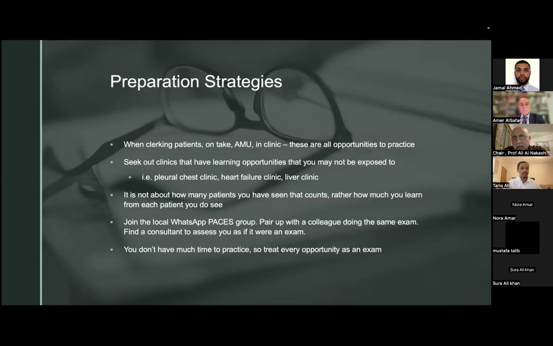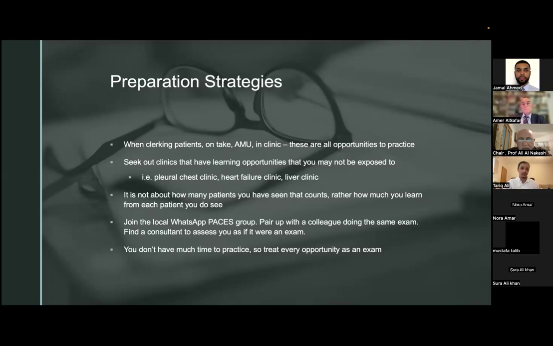And what I would say is that a lot of people take PACES as an opportunity to say, I have seen so and so many patients, and I've struggled to pass PACES. It's not about how many patients you've seen, it's about how much you learn from each patient. So each time you see a patient, really focus on what you're going to take from this one patient. It may be a liver patient that you examine and find out that actually the way that you assess someone for splenomegaly is very poor. And that's something that you can take forward, okay? So that's the quality of each examination that you do, rather than the number of different diagnoses that you've seen.